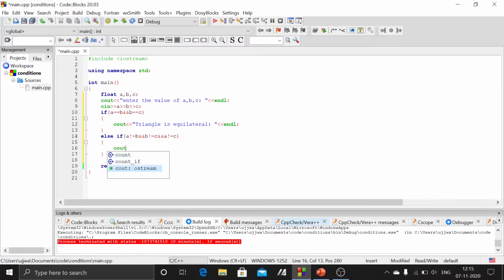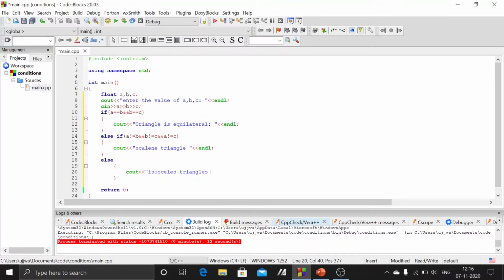So we'll just print. Now we'll have else if, so we'll display only two of these, or we can just extend it to else, and only if none of these conditions is true, it is an isosceles triangle.